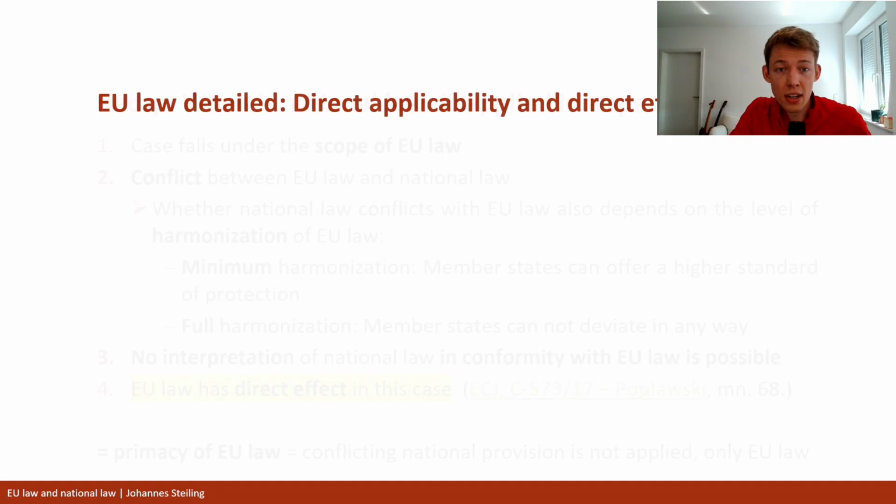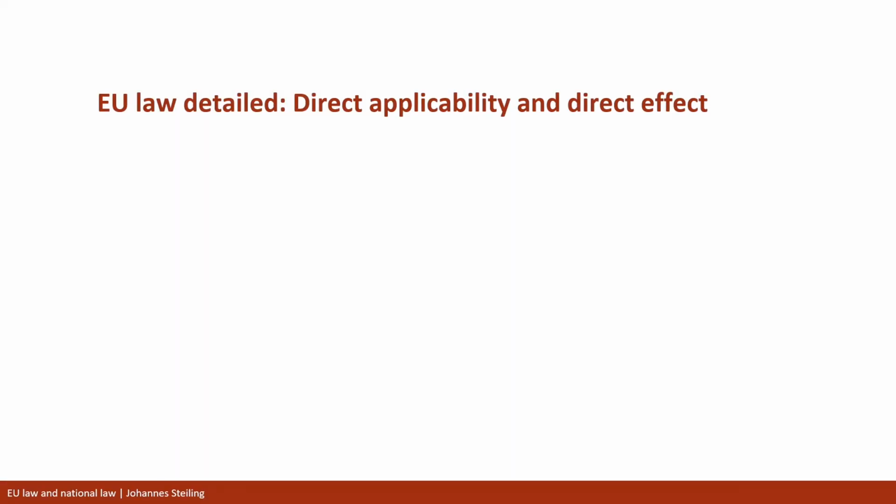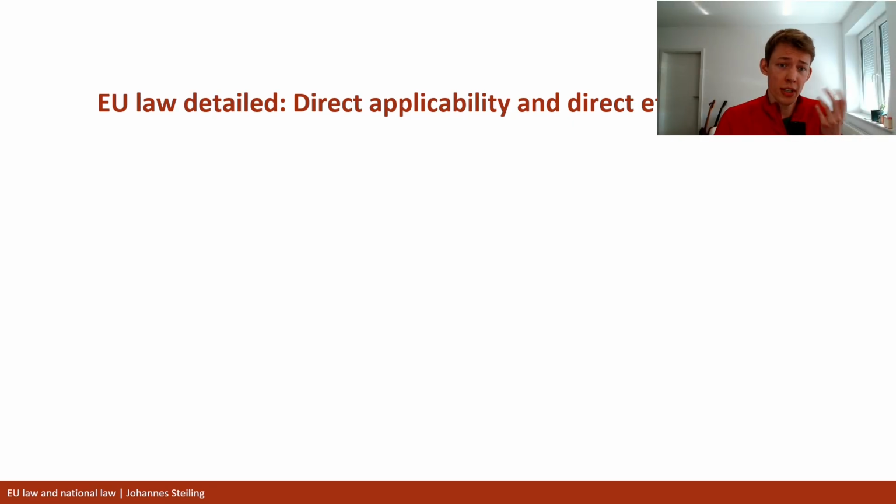Now, to understand direct effect, I want to talk about both words that are in the treaties, or both of these meanings. One of them we already talked about, which is direct applicability. If you remember, this is actually in 288 paragraph 2. So it says that the regulation is directly applicable in all member states. And we have to differentiate that from direct effect, which I just talked about, and which is one of the requirements for primacy. Right? So direct applicability is just what it says in the regulation.